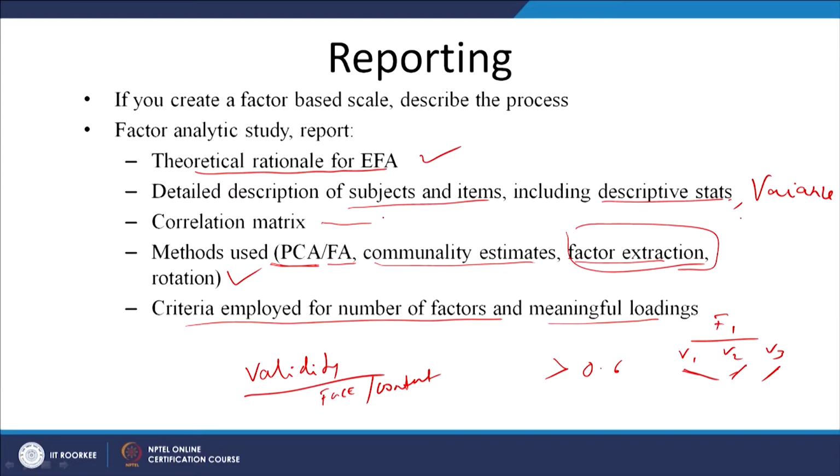Then finally you say after doing all this I got 3 or 4 factors, and these factors explain a certain amount of variance. One thing not yet given is the variance: how much variance in the study was explained through this factor analysis, that also you have to mention. I have already explained how to conduct the factor analysis in SPSS, so need not go further. When you write this, then your exploratory factor analysis is over.